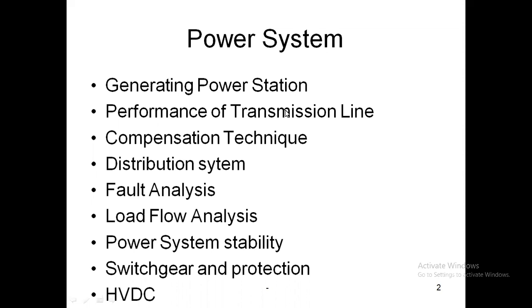After that, we have to go through the compensation technique. If we transmit the power from one place to another place, then there will be some kind of deterioration, like some kind of voltage drop across the line, or some kind of power losses in the transmission line. To minimize the deterioration, like voltage regulation and the power loss, you have